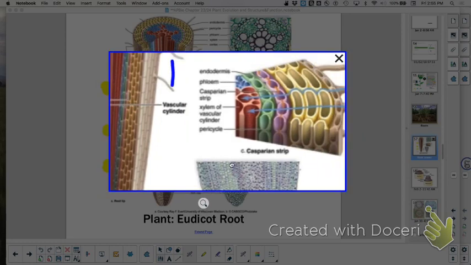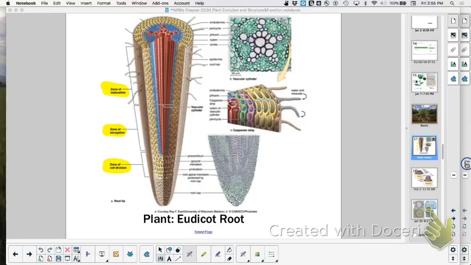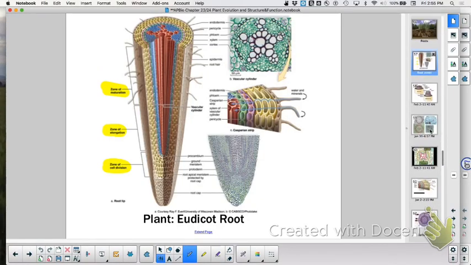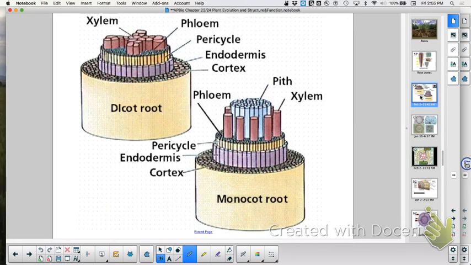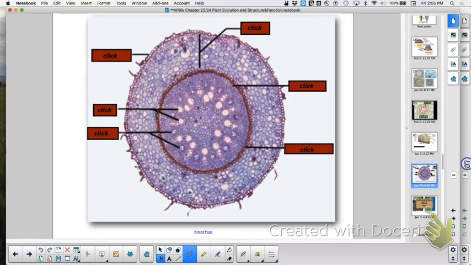Remember this? So here it's going through the symplast, and here it's going around through the apoplast until it gets to the endodermal cells, and at that point, you've got to go through a living cell, right? And maybe we can do a proton pump, and then bring the water in like we learned today. Yeah. All right. Hey, look at these. Xylem, phloem, pith, Eudicot, parts of a plant.